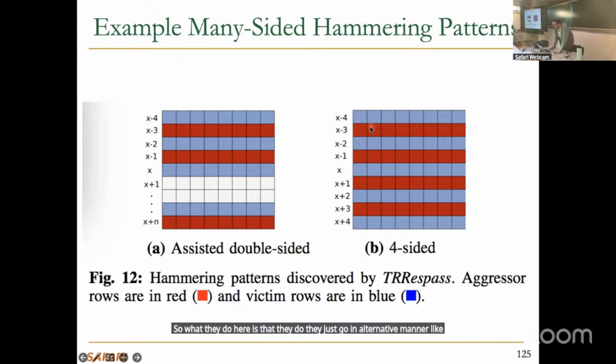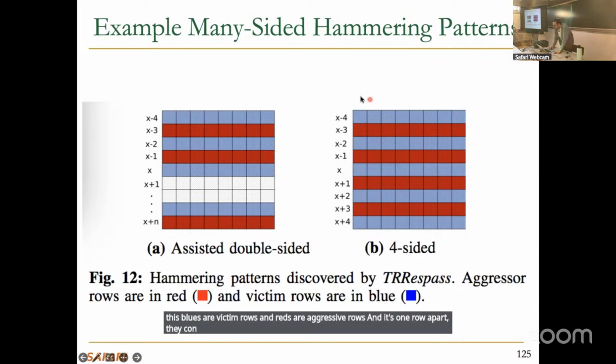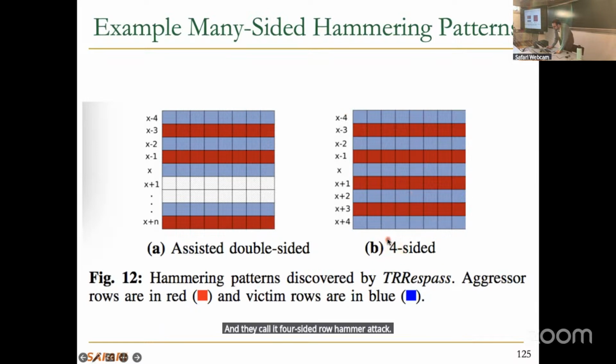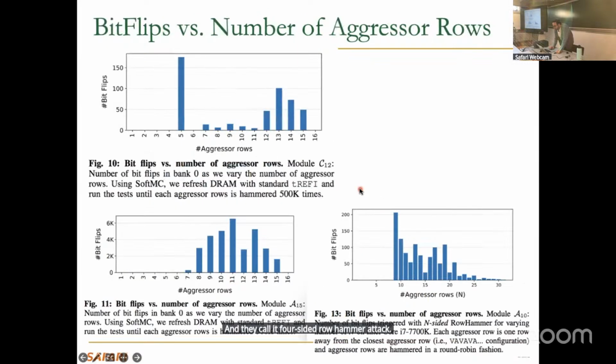Blues are victim rows and reds are aggressor rows, and with one row apart, they concurrently hammer 4 rows here, for example, and they call it 4-sided RowHammer attack. And they also change how many rows they hammer together. So on the x-axis, for example, up to 5 rows, they do not observe any bit flips for this one. And then,